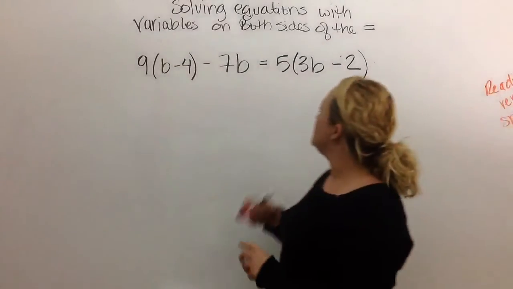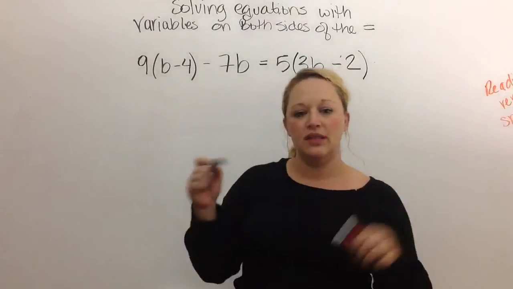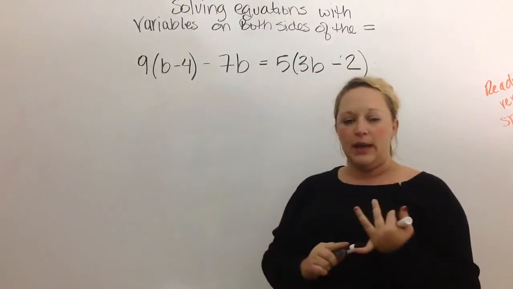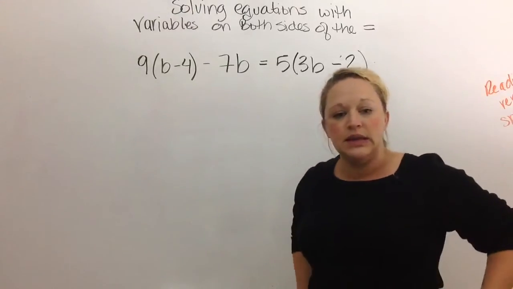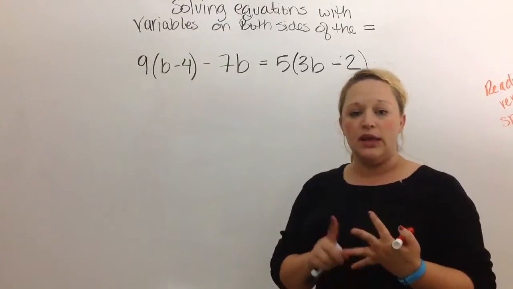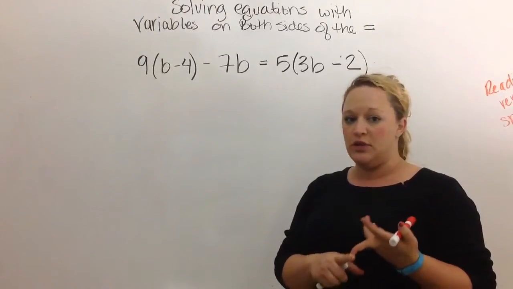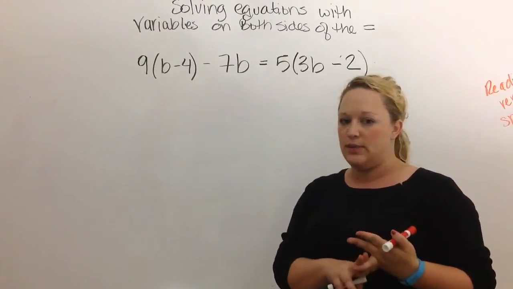Alright, today we're going to be doing solving equations with the variable on both sides of the equal sign. You need to make sure you have paper, pencil, and colored pencils. Colored pencils really help when we get to this. We're going to cover distributive property, combining like terms, variables on both sides, two-step equations, one-step equations, and then finding